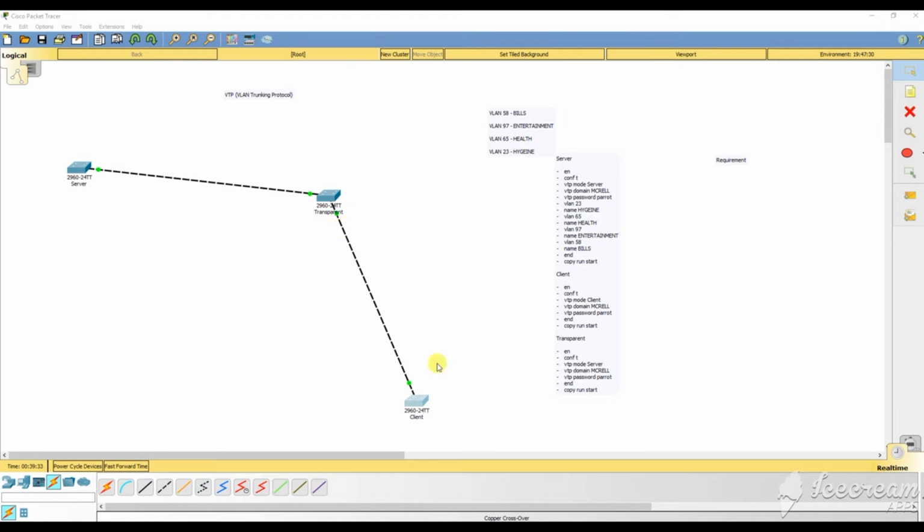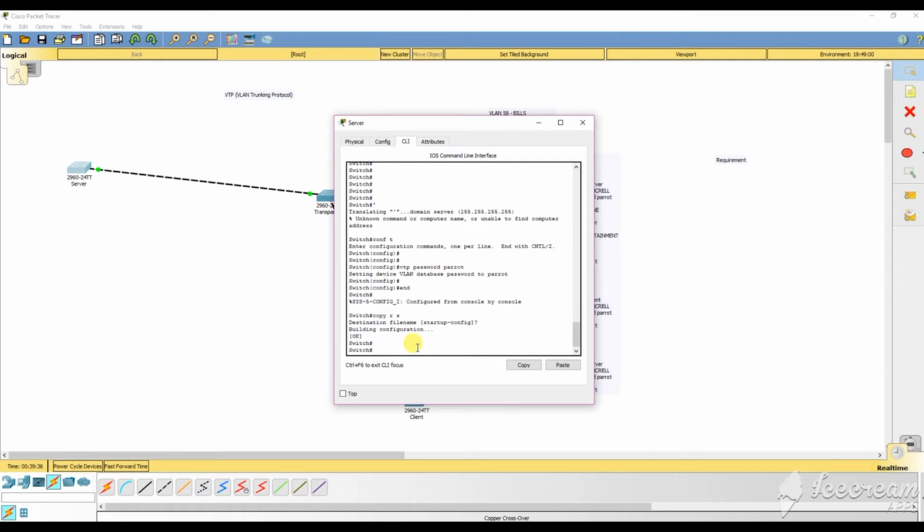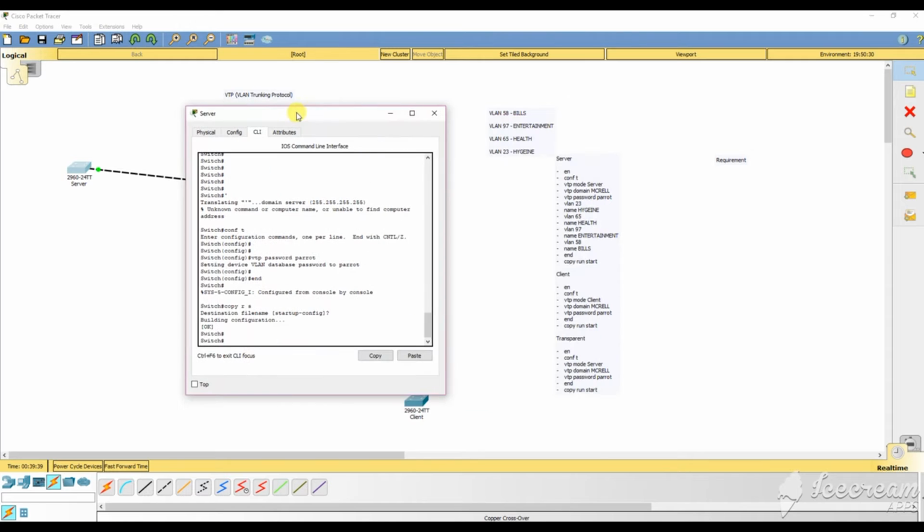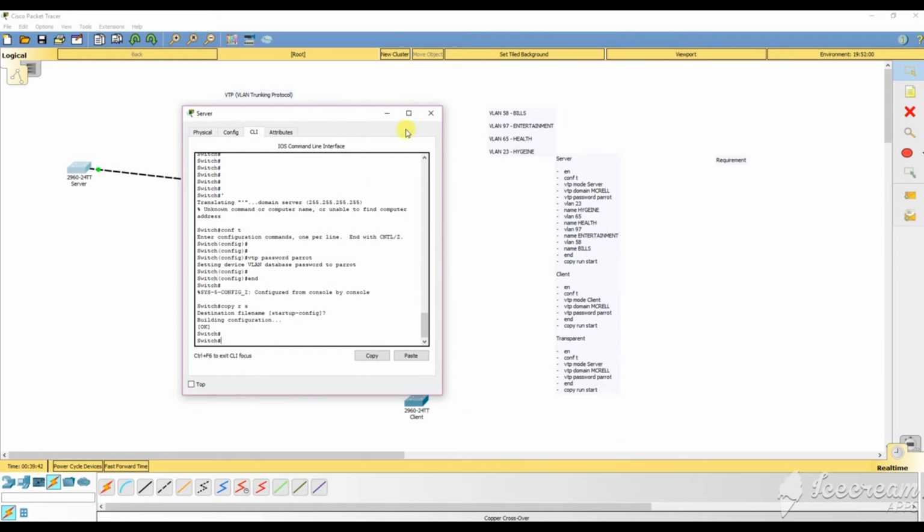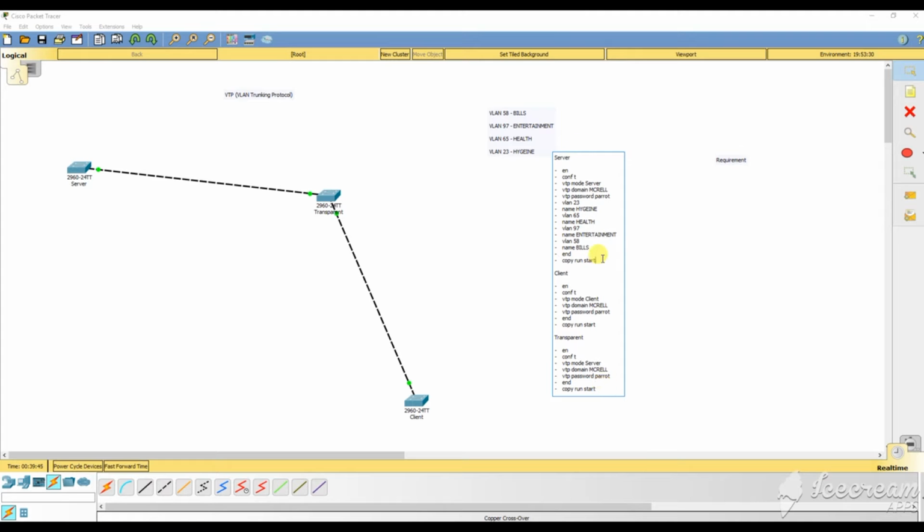Transparent. So before we do that, let's check these first. So let's go to the server and we're gonna run. I didn't put this into here, which let's go ahead and actually do that now. Actually, let's do this as a side command. Let's do that, and we're gonna say show. Actually, I'll give you every command. En, and then en is enable, so you're enabling into privilege mode. There we go. So now we got enable. Now we're gonna go show VTP status,